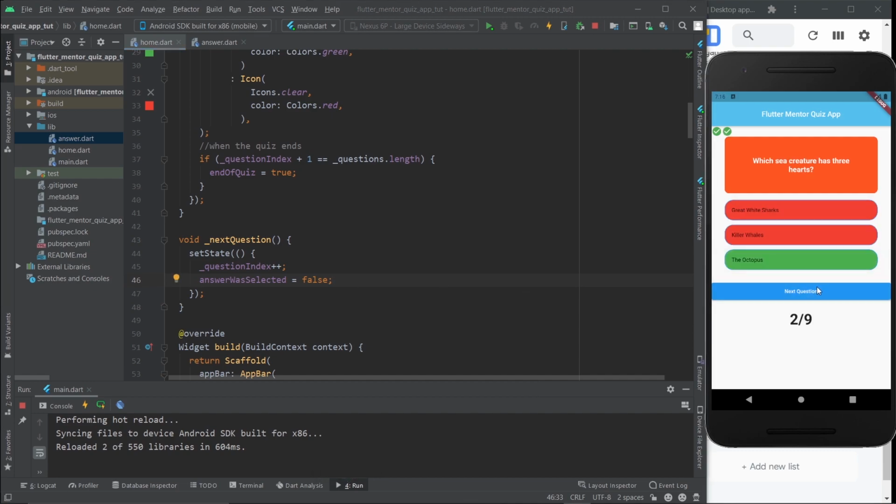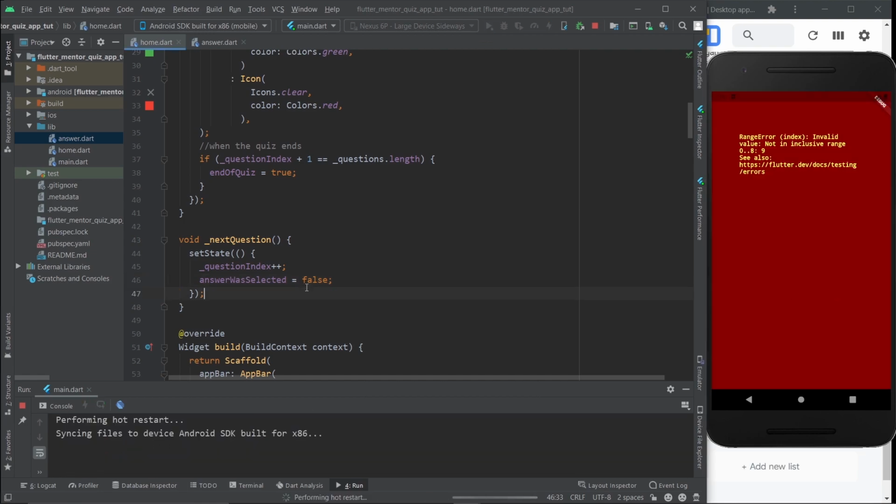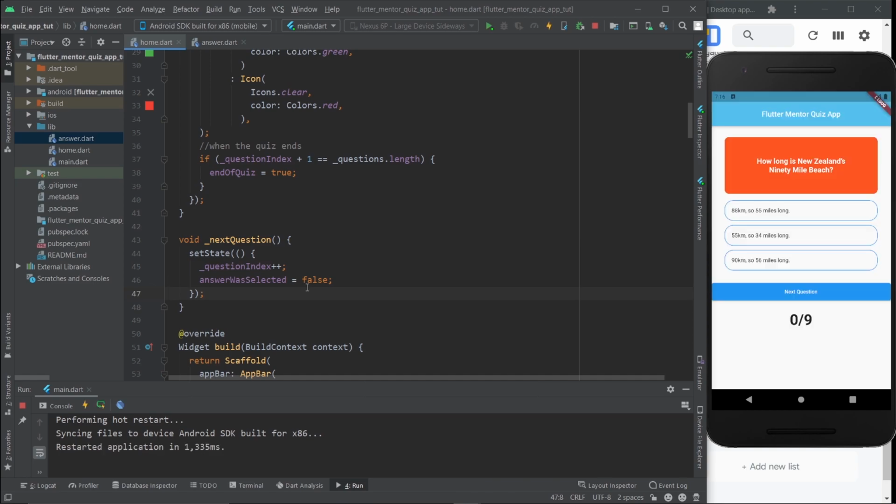However, if we keep on going with the quiz, this is the last question right here. As you can see, it changed to say restart quiz, but if I hit restart quiz, it doesn't restart because we haven't done anything for that to happen. So once again, we need to implement that type of logic right here. Let me just put in the comment that says what happens at the end of the quiz.